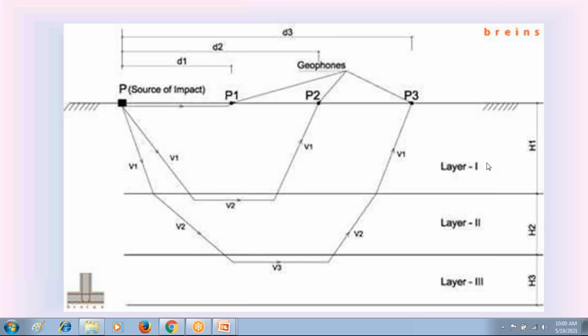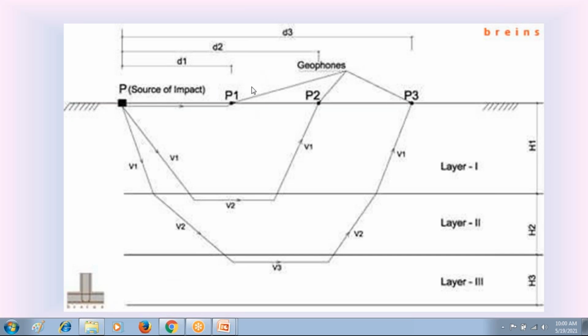So look at that. The first shock wave travels only in the first soil layer. The second shock wave travels in the first soil layer and also the second soil layer. Then the third shock wave travels into the first soil layer, second soil layer and also the third soil layer. That third shock wave is received by another geophone, P3. When P3 receives this shock wave, it converts it into an electric pulse. That electric pulse is sent to the seismograph. Then the seismograph notes the time of receiving this third shock wave traveling through the three soil layers.